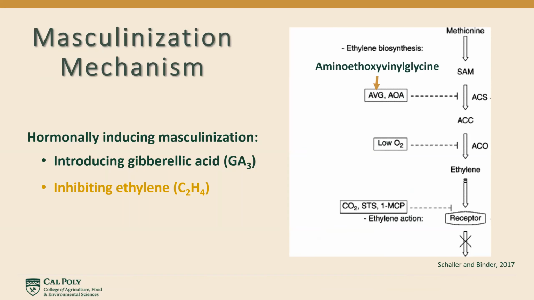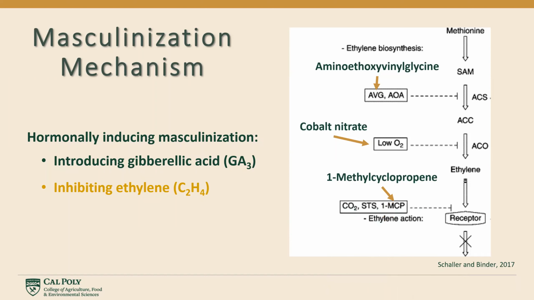On the left of the diagram, there are some various ethylene inhibitors, and I would like to point out a few. AVG, which is amino-ethoxyvinyl glycine, halts ethylene production by blocking ACC synthase. Another one is cobalt nitrate, which inhibits ethylene by blocking ACC oxidase. These two inhibit the production of ethylene, but there are also some that inhibit the action of ethylene by binding to the physical receptor sites.